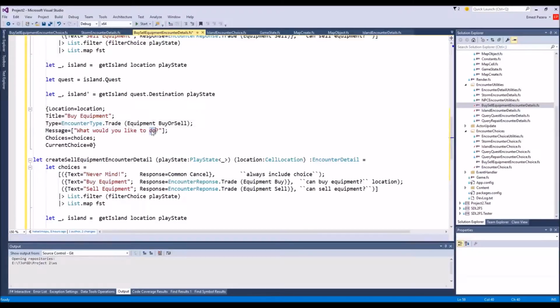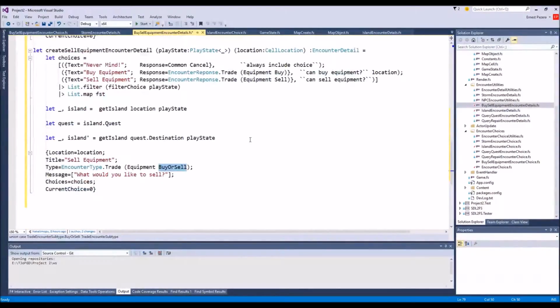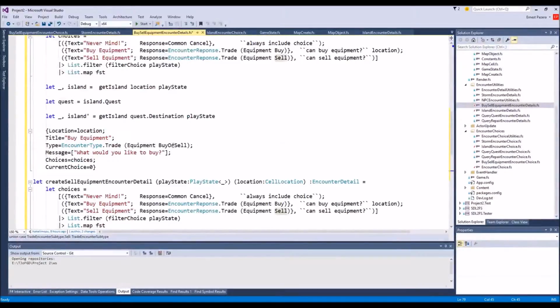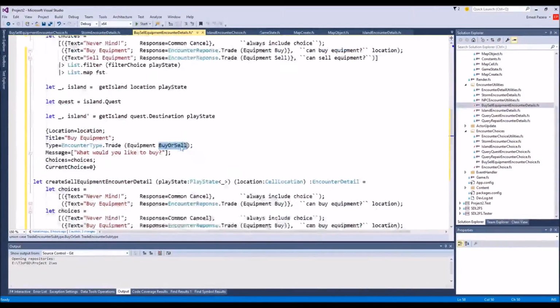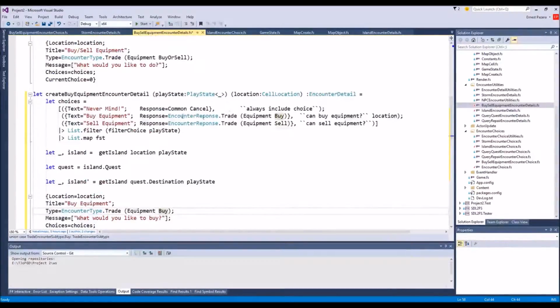What would you like to buy? And what would you like to sell? And this is in equipment sell. This one's equipment buy. Like to buy, and so my choices